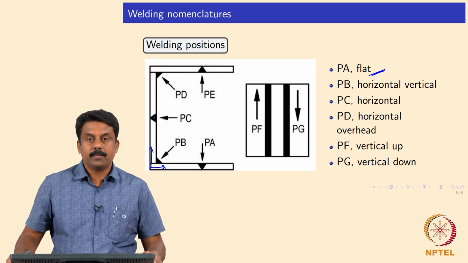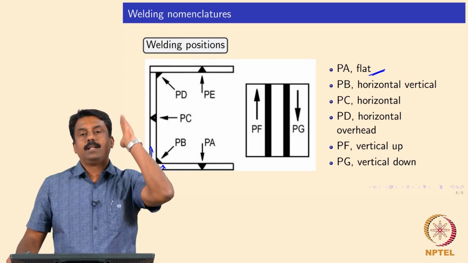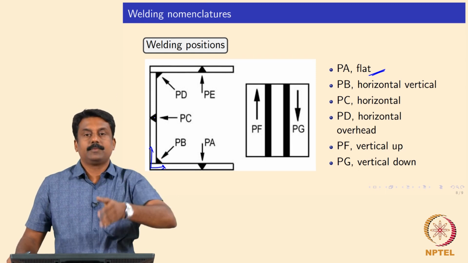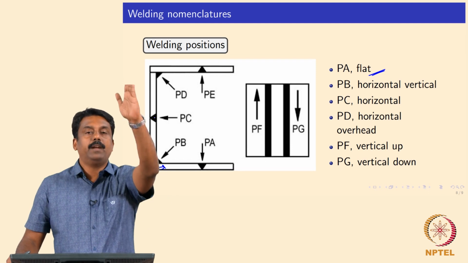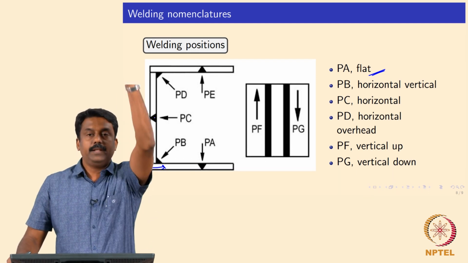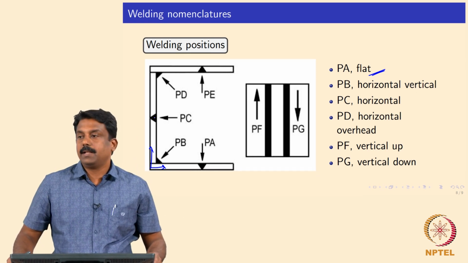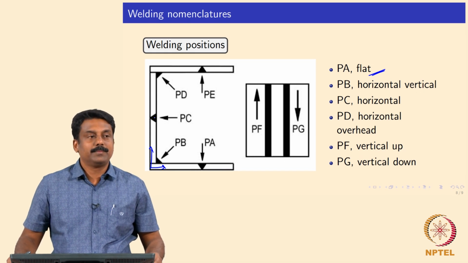They are like this, right? And PE is something like this. So you will be doing it like that, or you will be doing it like this. So PF is overhead, you are doing it like this, whereas in PF, PG you are doing it like that. Yes, it's clear? Yes or no? Okay.